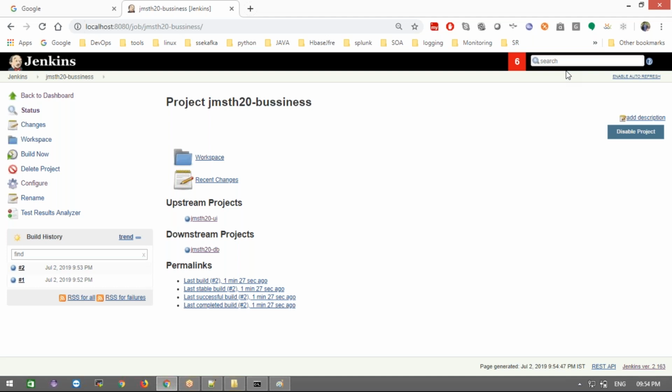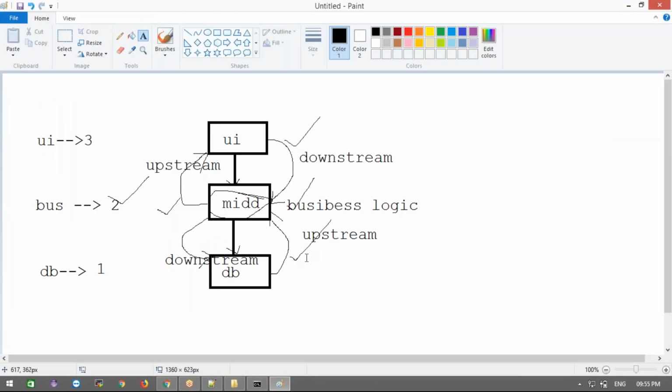Now you guys are clear on the flow, how it works with the upstream and downstream concept. This is the way we are going. For example, if you have a dependency of one project on another, and your manager says my requirement is that when the UI project runs, the remaining projects should run automatically, that time we go for the upstream downstream project concept, if it is a freestyle project. If pipeline, we can also do the same stuff, which we'll do later on.